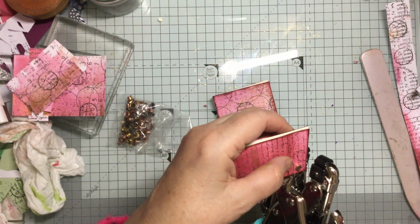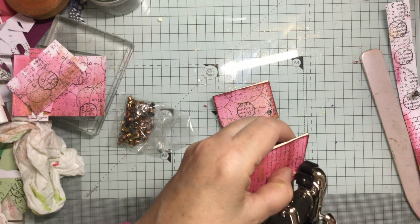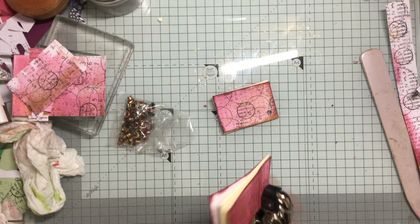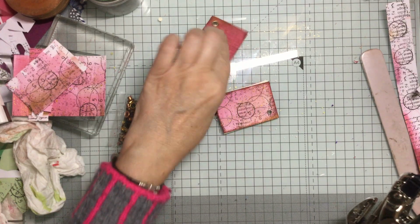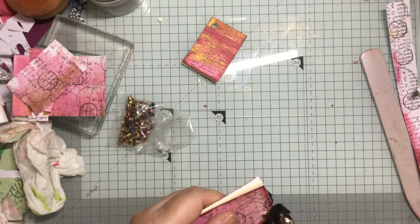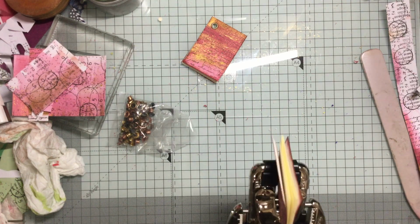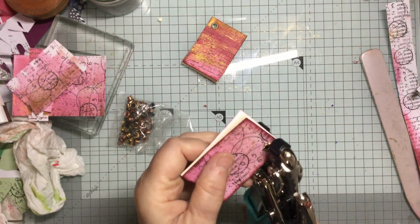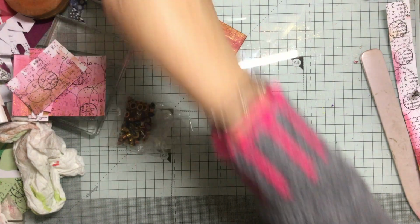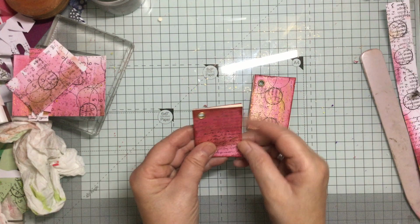So I will put this in on here, over there, and then squeeze it down, and then you've got your rivet in place. So let me just do exactly the same with this. Pop it in on here, squeeze it down, and that's the rivet in place. Okay, so that has given you, let's put those away, that has given you the bare bones of your little